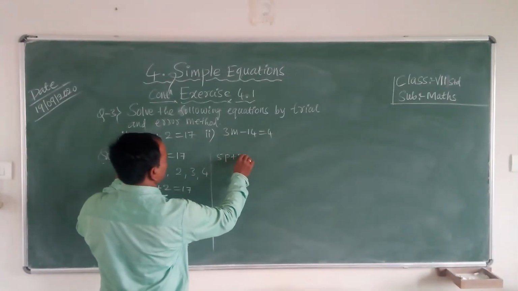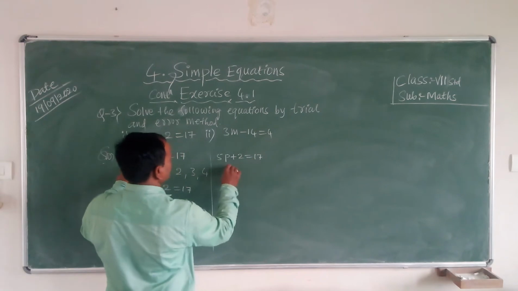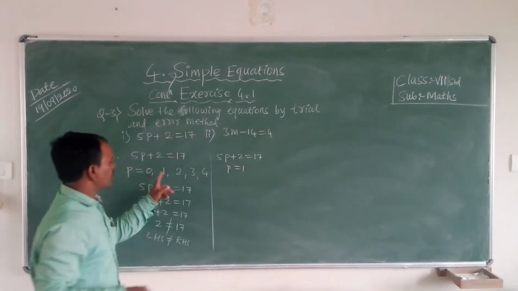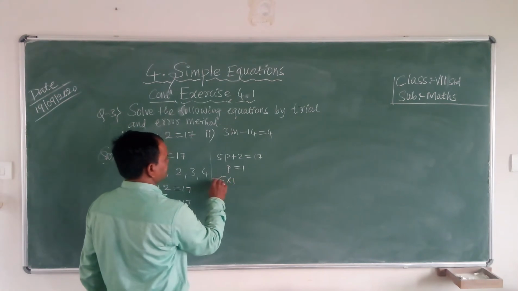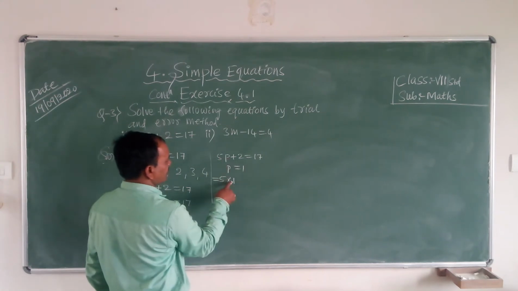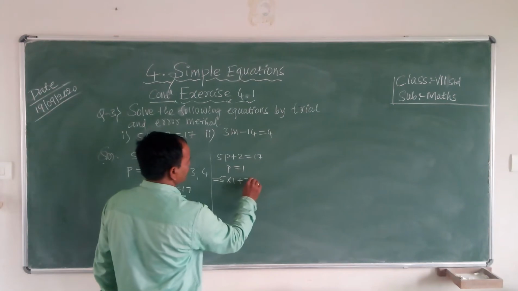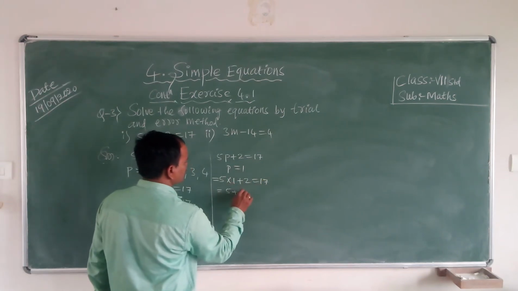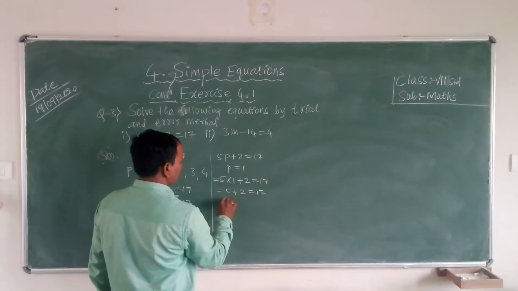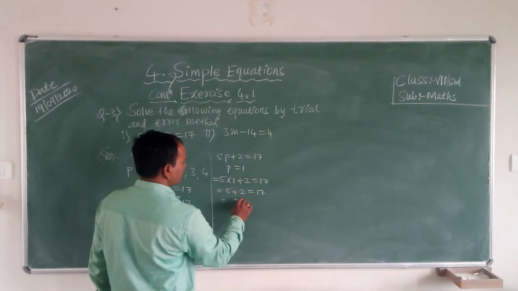5p plus 2 is equal to 17. Then p is equal to 1. So 5 into 1 plus 2 is equal to 17. 5 ones are 5, plus 2 is equal to 17. So 5 plus 2, 7 is equal to